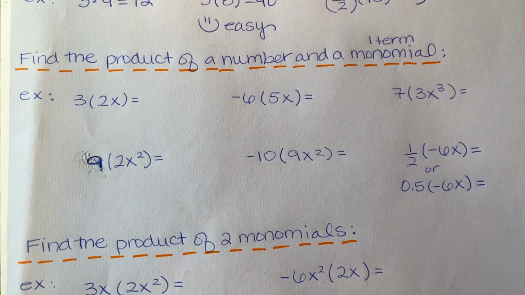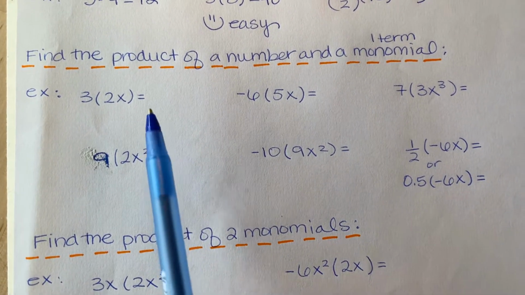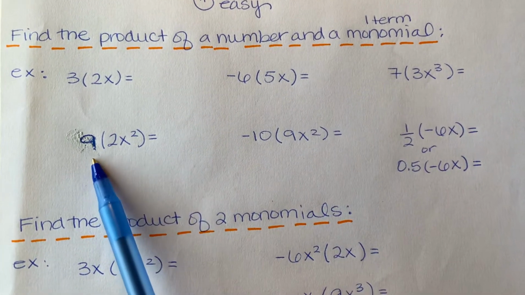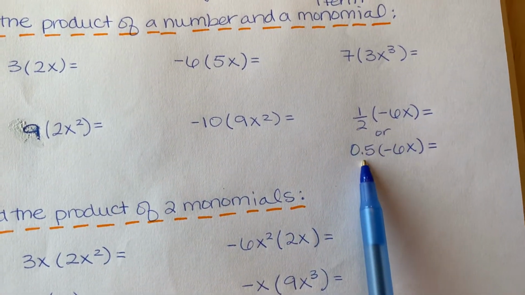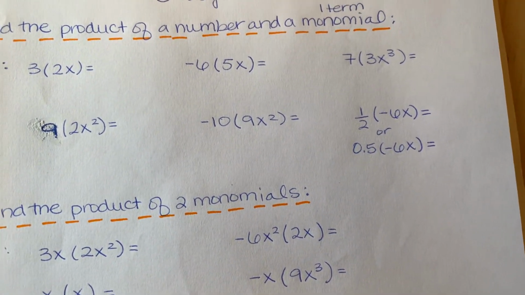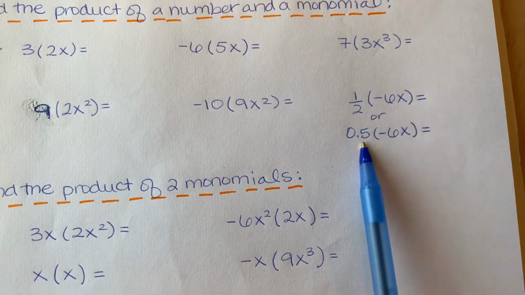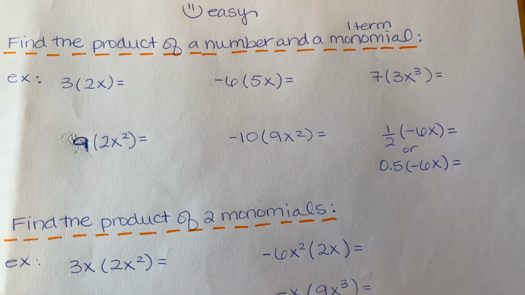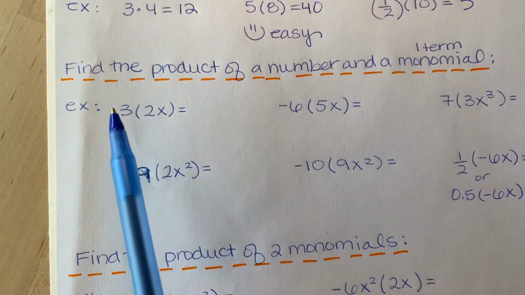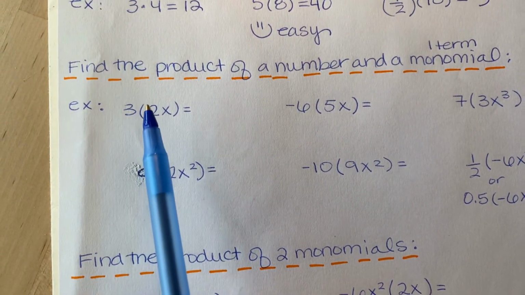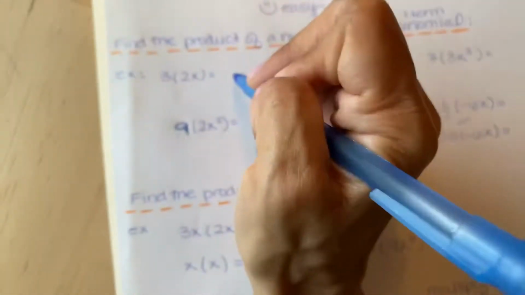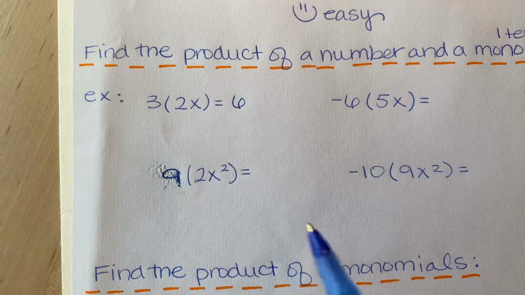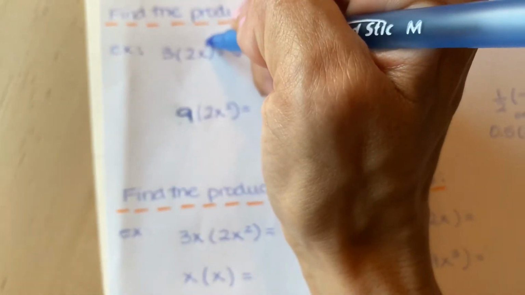Okay, so now let's elevate. Find the product of a number and a monomial. So remember, here are your constants. These are your numbers: 3, -6, 7, 9, -10, 1/2, or 0.5. You guys know from this class, you don't deal too much with 0.5s. Usually we stick to integers, positive and negative, right? Okay, so here we go. 3 times 2 is 6. And so you only have an x here. Now, that is really x to the 1. Remember,